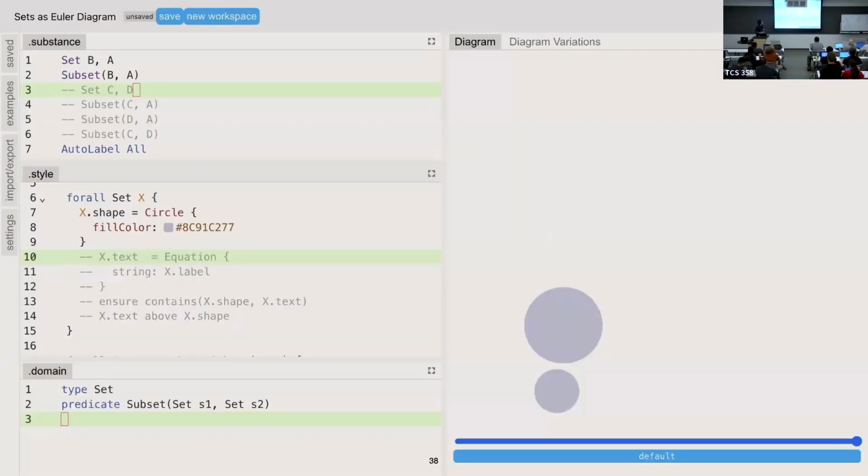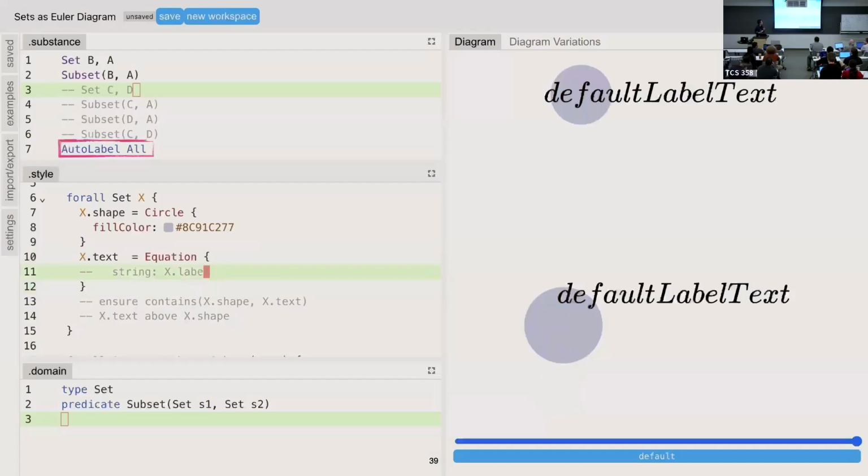And remember we had these labels on the sets, A and B on top of the circles. How does that work? So basically we can create a shape of the equation type for each set. And if we just uncomment this, we get some text, but they're clearly not the right ones. So to make this right, I will ask you to move over to Substance and notice line 7 that says